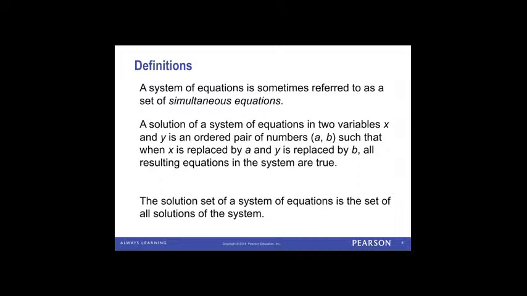A solution of a system of equations in two variables, x and y, is going to be an ordered pair (a, b), such that